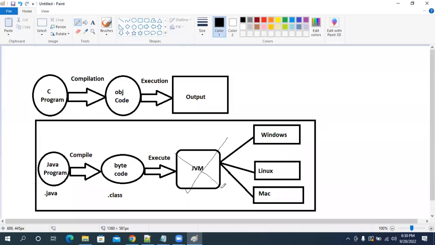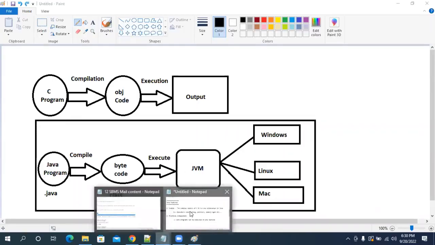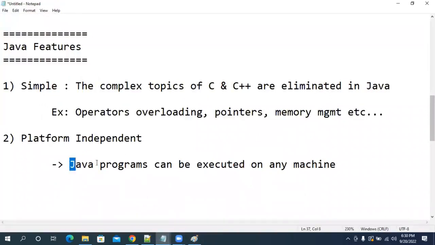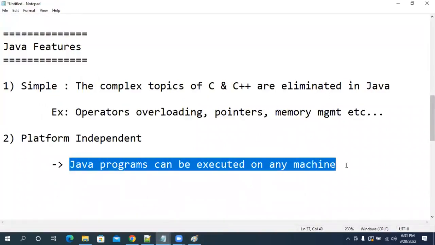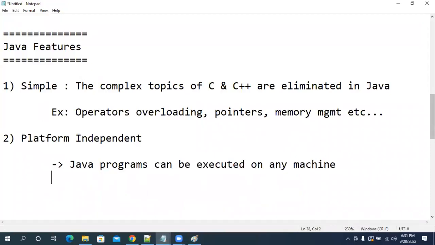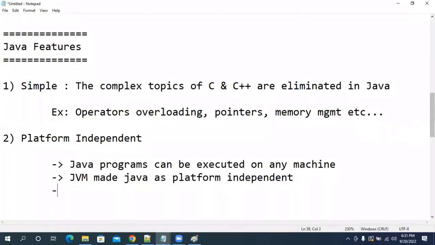Are you guys getting my point? JVM stands for Java Virtual Machine. Java programs can be executed on any machine. JVM made Java platform independent.